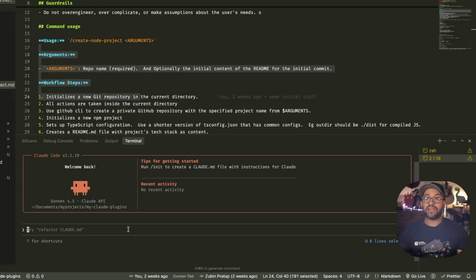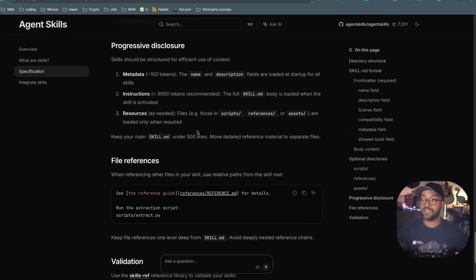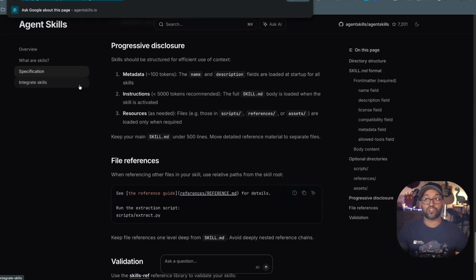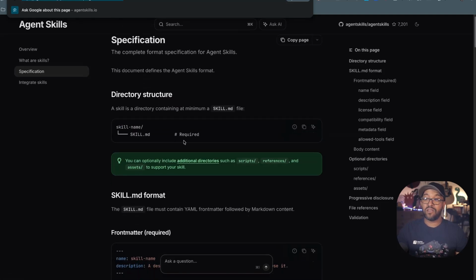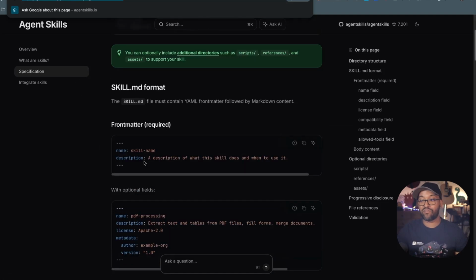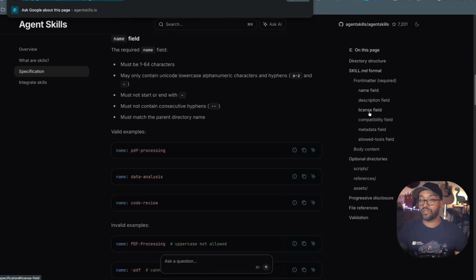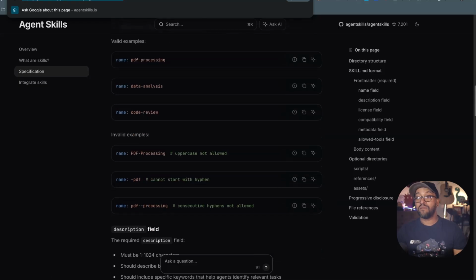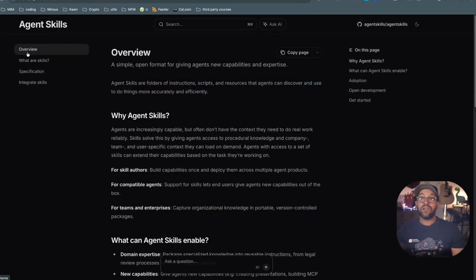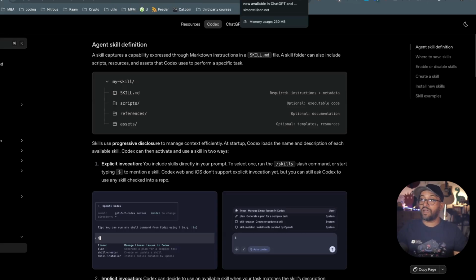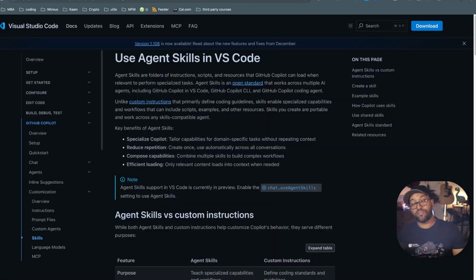But why? Because a skill is something that's now being recognized across the ecosystem, whereas slash commands are specific to Claude Code. The key thing about skills is there's now a specification at agentskills.io, and the specification covers what the directory structure looks like, what the Skill.md format looks like, what the various optional fields are, and the metadata that you give it, which is basically all the fields that you can set as configuration, and so on and so forth. Because it's now an open standard, it's already been adopted by OpenAI, by VS Code, and it's already available in Claude Code, and so Cursor as well will have it.